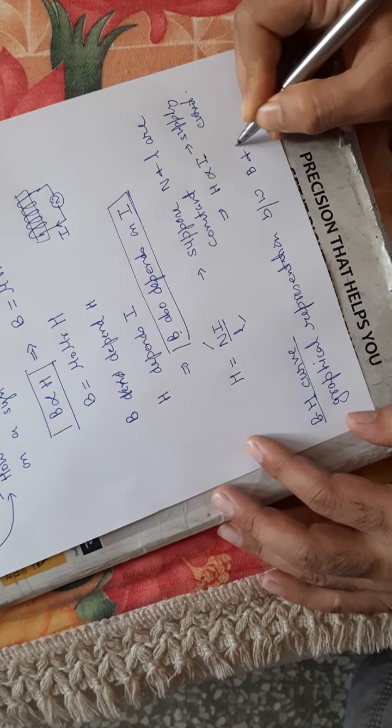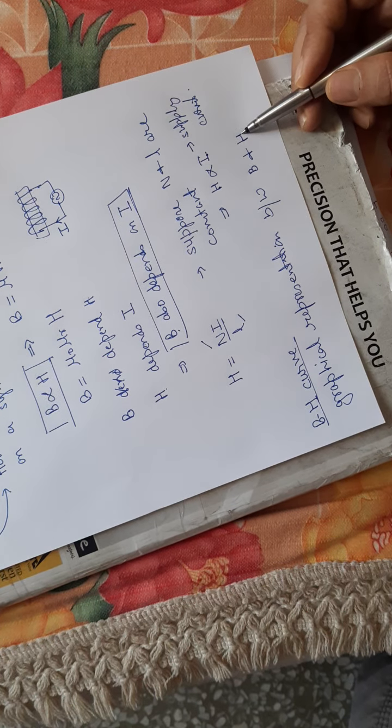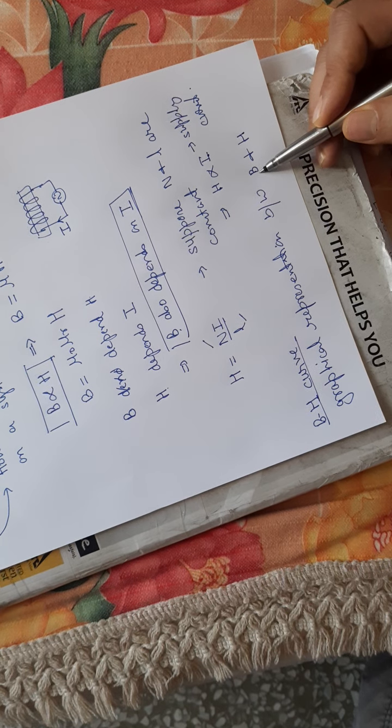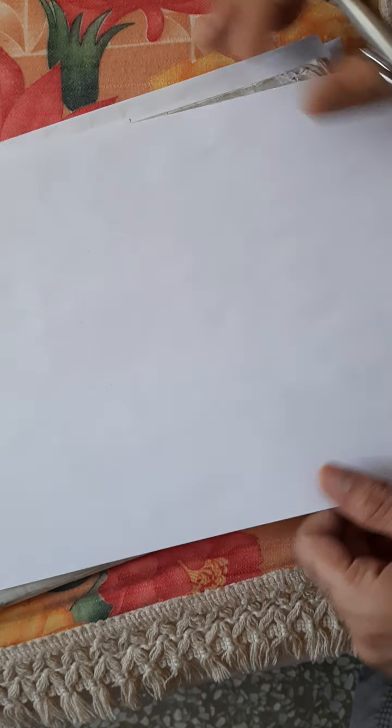between B and H. If you plot a graph between this magnetic field intensity and magnetic field density, then that graph is called the BH curve. Okay, because the graph will be in the form of a curve. So